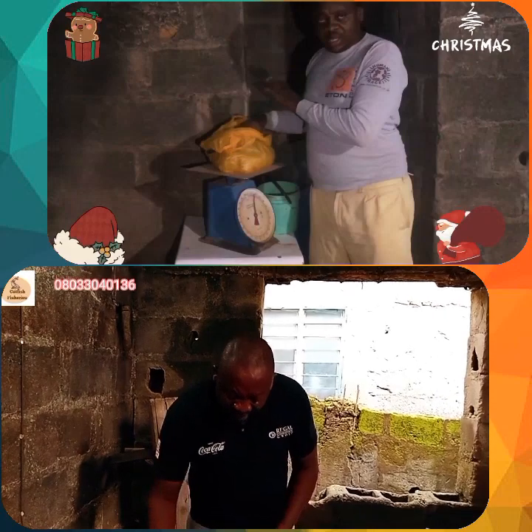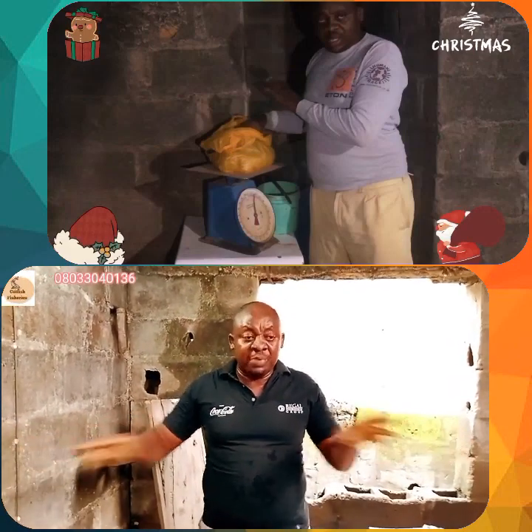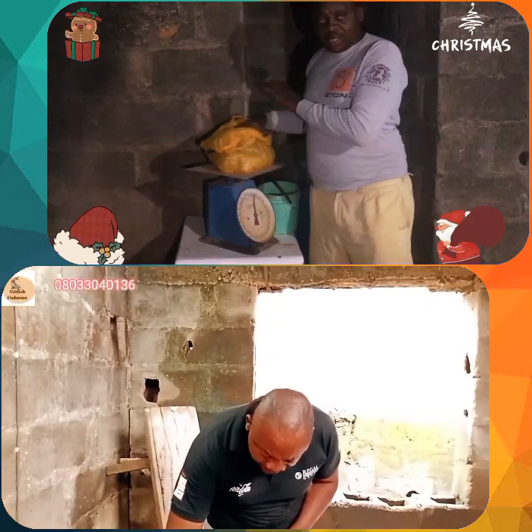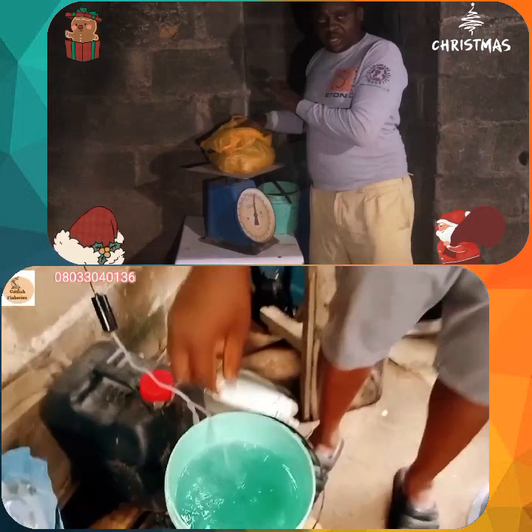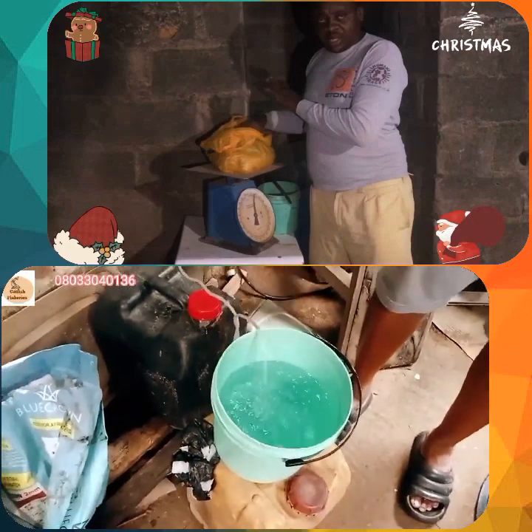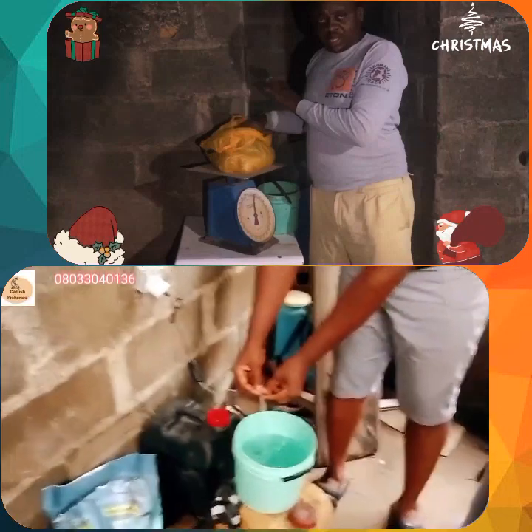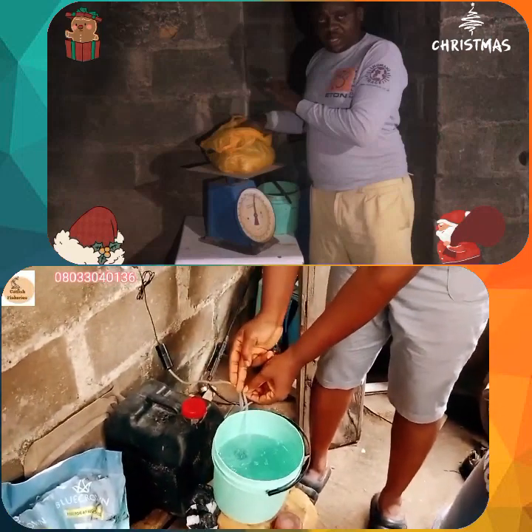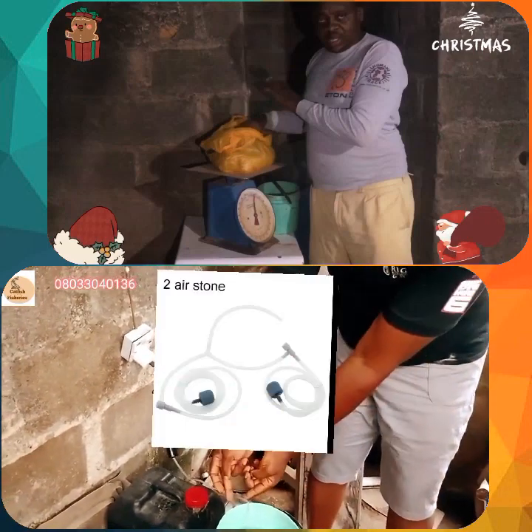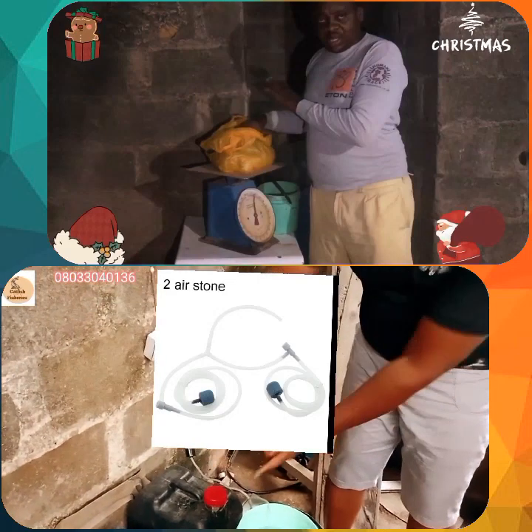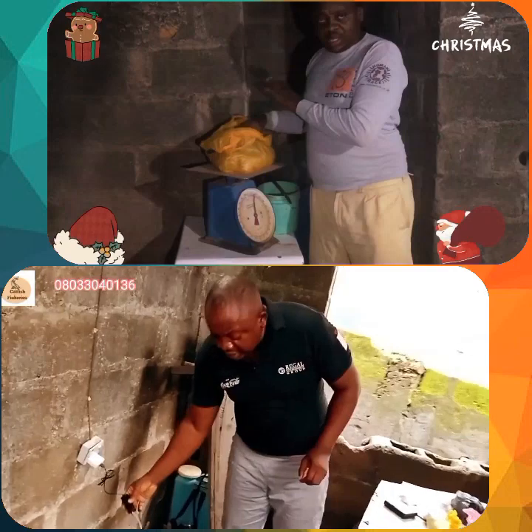And note, this aerator, you can connect it to three incubators, because you can see the effect is blowing very, very fast. The effect is very, very strong. So this can work on three incubators. This is how you do it. There's a pipe. I will show you that there's a pipe here that is a little bit cut that you can connect. The pipe connects like a T. This is where you connect the other one, and you connect the other one here. So automatically this conveniently can work for three